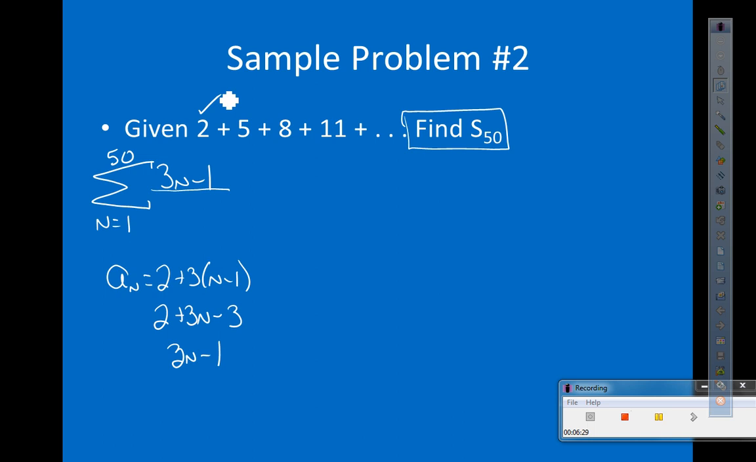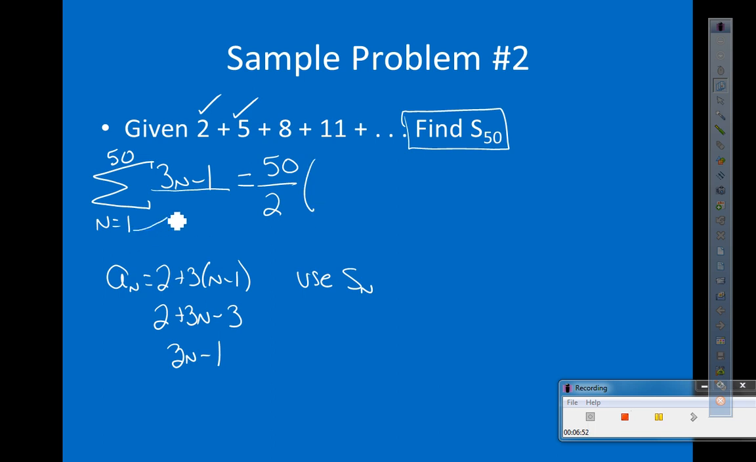Good start. 3 times 2 is 6. 6 minus 1 is 5. Good start. I know this is the right formula then. So now I'm going to use my S sub n formula that we had last time on problems 6 through 10. So now it's going to look like 50 divided by 2